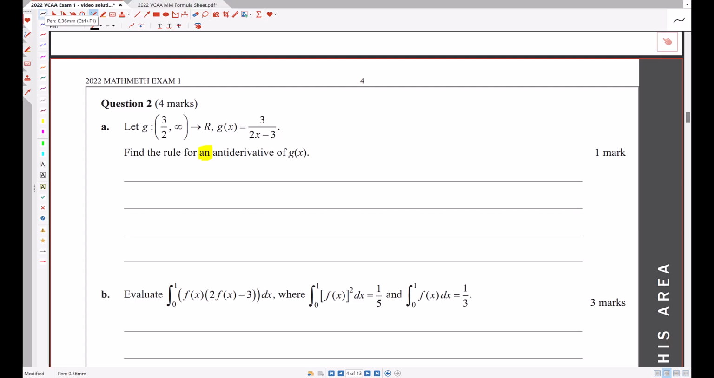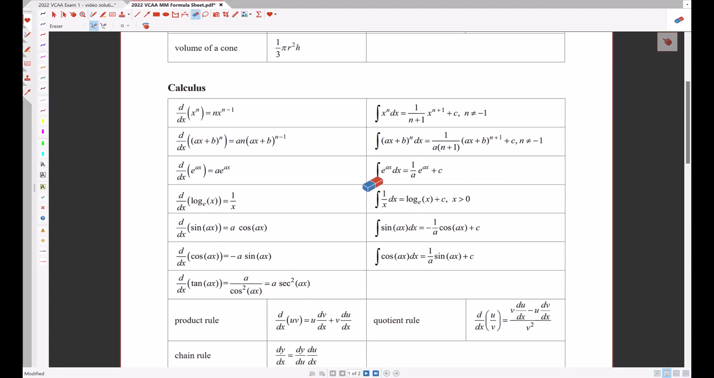So we're looking at antidifferentiating g of x. So the antiderivative of g of x with respect to x, don't forget your dx, that's still important. So that is the antiderivative of 3 on 2x minus 3 dx. Now, this is going to be a log, the antiderivative of 1 on x, and this is just a variation of 1 on x. The formula sheet's not very helpful with the log antiderivatives. It literally just gives you the 1 on x, the one above,